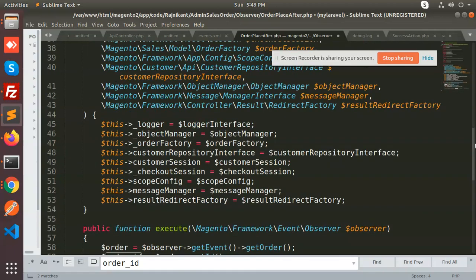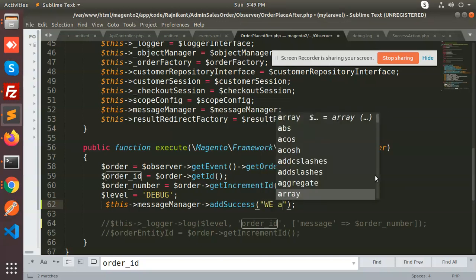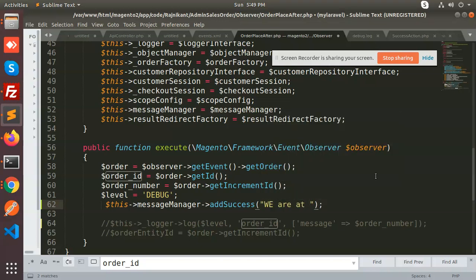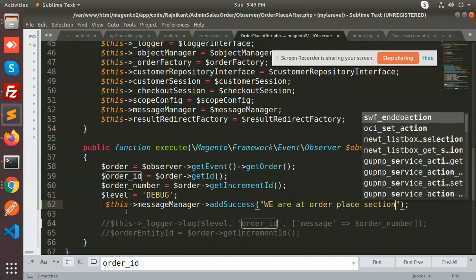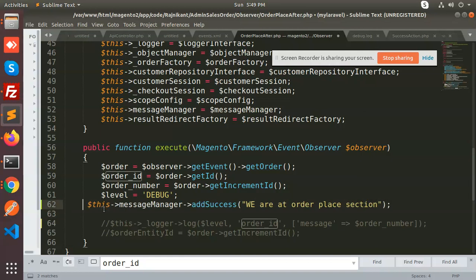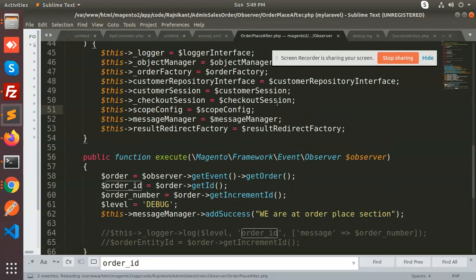No, it's not defined, so it's there. Message manager, add success message. We are at the order place section. Okay, so let's check whether it is working or not. Let's save this and do the checkout process.